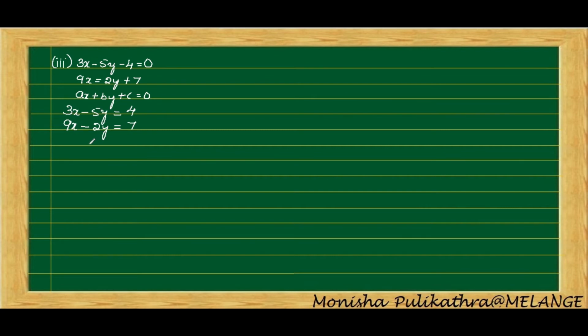Here also the x and y terms are not the same, so we need to make either the x term or the y term similar so that we can cancel that. Okay, so for this first equation I will be multiplying it with 3 because 3 3s are 9. I can subtract this first term, so only for the first equation I will be multiplying. So 3 3s are 9x minus 3 5s are 15y is equal to 3 4s are 12. Okay, 3 3s are 9x minus 3 5s are 15y, 3 4s are 12. Write the second equation as it is. Okay, next change the sign.